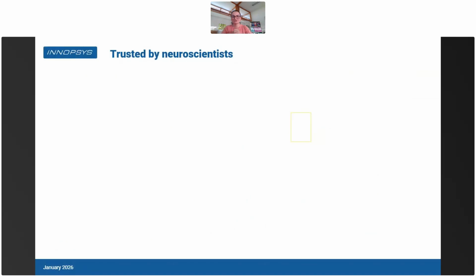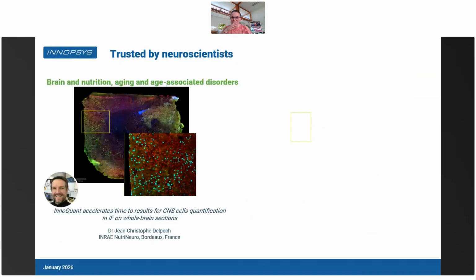So here I'm just going to give you a few examples to see how this instrument can really support your research in neurosciences. So we have gathered opinions and samples from a lot of researchers in the field of neuroscience, but different applications. For example, Jean-Christophe Delpech in France is working on how nutrition affects the brain, and he is also working